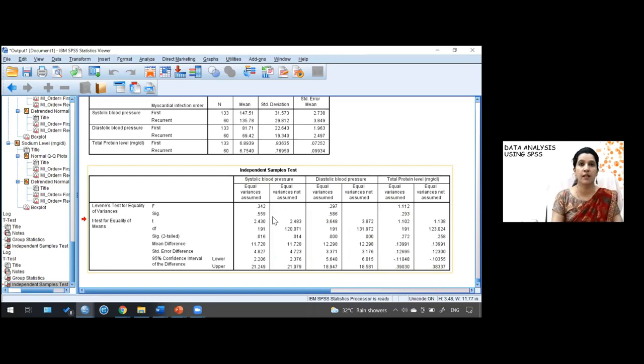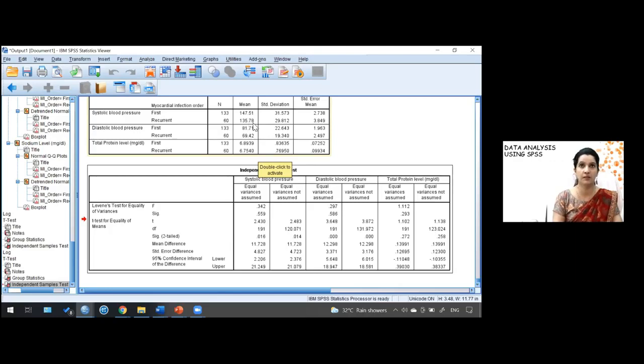You can see the value of T here, the degree of freedom 191, significance 0.01. It means the difference across these 2 groups was significant. The mean difference was 11.72 with a confidence interval of 2.21 to 21.24. And this mean difference, 11.72, has come from the difference of these 2 values, 147.51